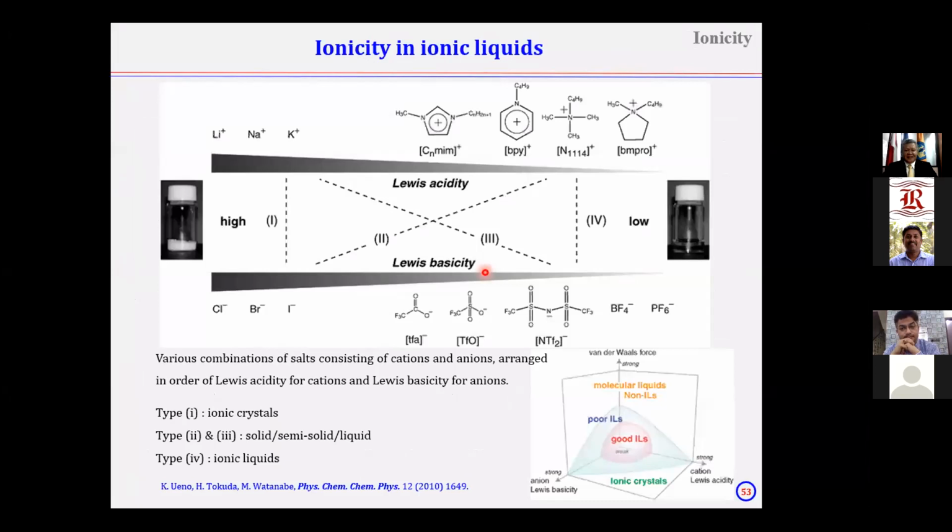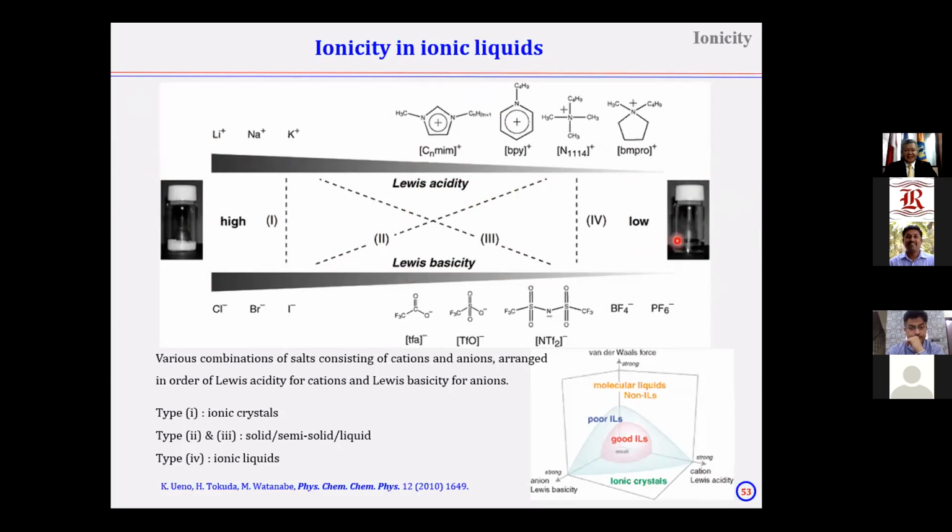What is the thumb rule? If for a given ionic liquid, the Lewis acidity of the cation source and the Lewis basicity of the anion source are both low, the resulting ionic liquid will be 100% liquid. If both are high, 99.99%, that would be a solid. Only in the case of mix and match, one needs to look for more chemistry. Otherwise, if both are low, you will get close to 100%, more than 99%, around